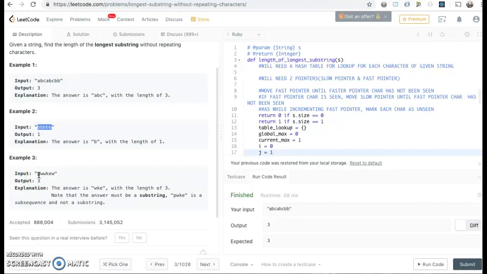And then here's a third example where I'm given P, W, W, K, E, W. Okay, so it looks like PW is 2, because this is repeated. Then I could do WKE. So that's 3, which would be the longest substring. And you can't jump out and get other subsequent characters like P, K, E, W. So it has to be a substring,